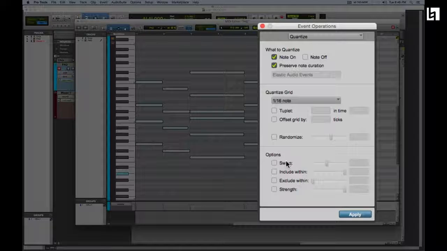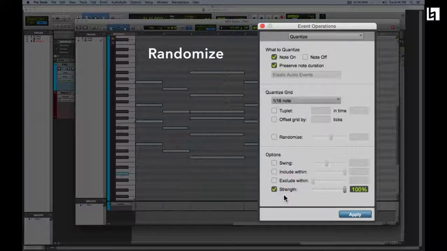And you can also choose your quantization strength, which is going to give you how much it's going to be quantized to the grid. If it's 100%, it goes from wherever you played it directly to the grid. If it's somewhere in between, like 50%, it will go from wherever you played it to 50% toward the grid. And all of these functions can make something more human and sound more like a person played it and less like a computer. But one of my favorite functions with quantizing is something called randomizing, which is under this randomize